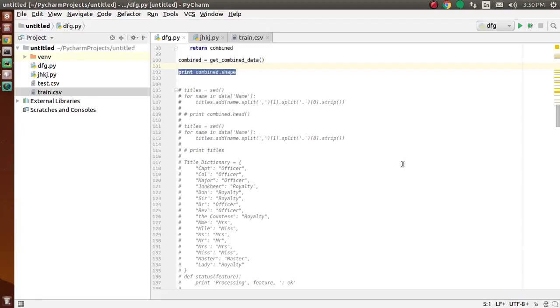After that we extract the passenger titles. When looking at the passenger names, one could wonder how to process them to extract useful information. If you look closely at this first example, here are various names of the passengers like Mr. Laina, Mr. Harris, Mr. Farmina. You will notice that each name has a title in it.